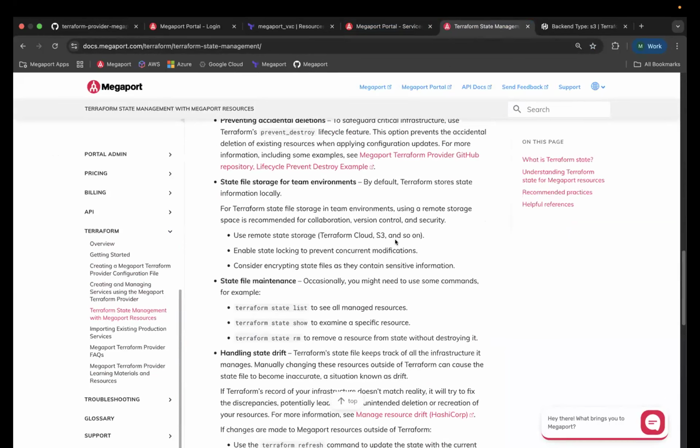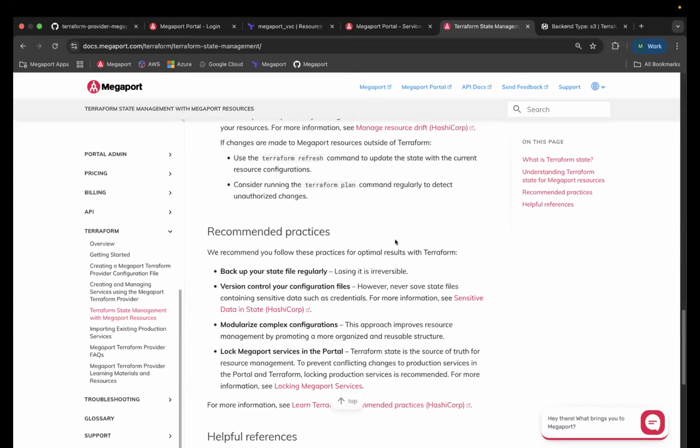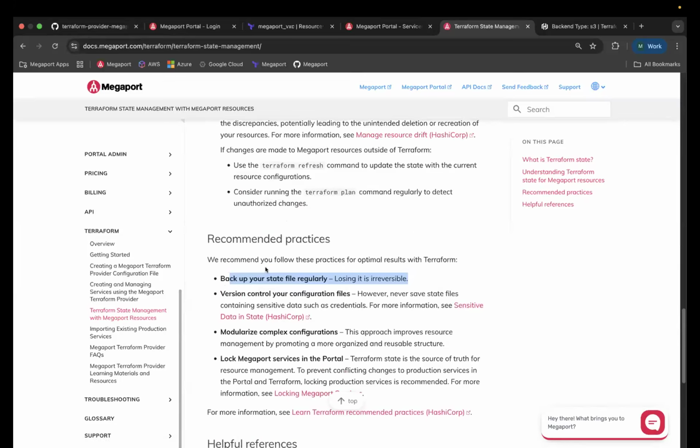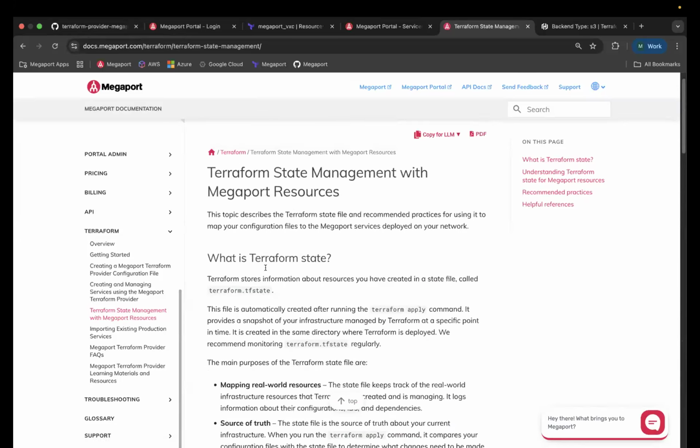So maybe someone will go to the portal and configure a service, and it gets out of sync. There's ways to manage that state. There's also some recommended best practices here, so obviously backing up the state file,